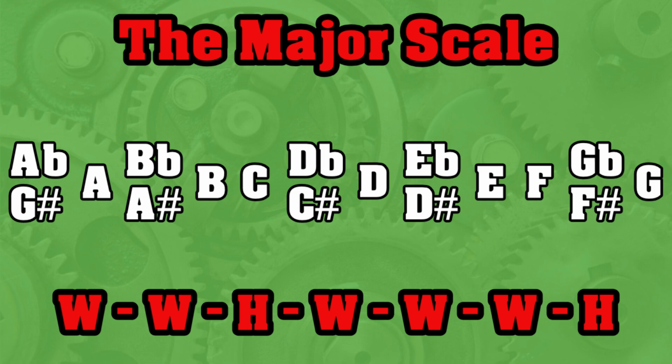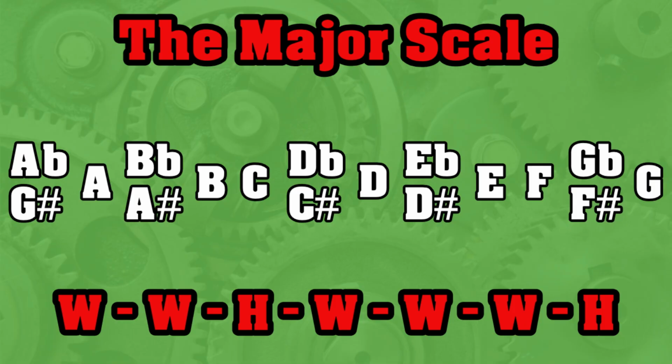We started on the note B flat. We then applied the major scale formula, resulting in a unique set of 7 notes that is the B flat major scale. Again, that was a mixture of natural notes and notes that have more than one name. Again, that's not the best scale to explain music theory concepts with. So this is why we typically use the C major scale as the scale to explain music theory concepts,